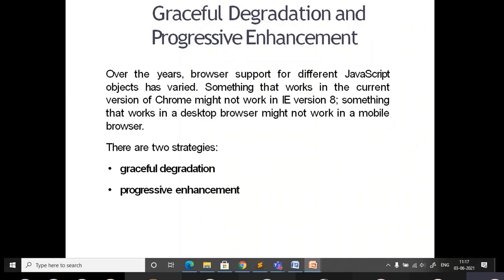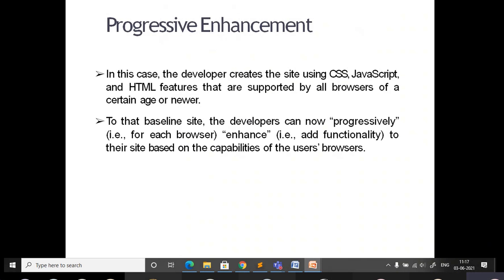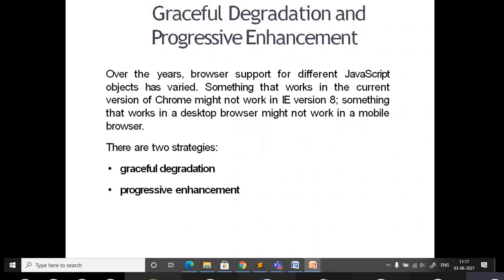So what exactly happens in graceful degradation? When you are trying to open a site, if the current browser does not support JavaScript because you are using an older version of the browser, then the performance or the look of the page will start degrading.